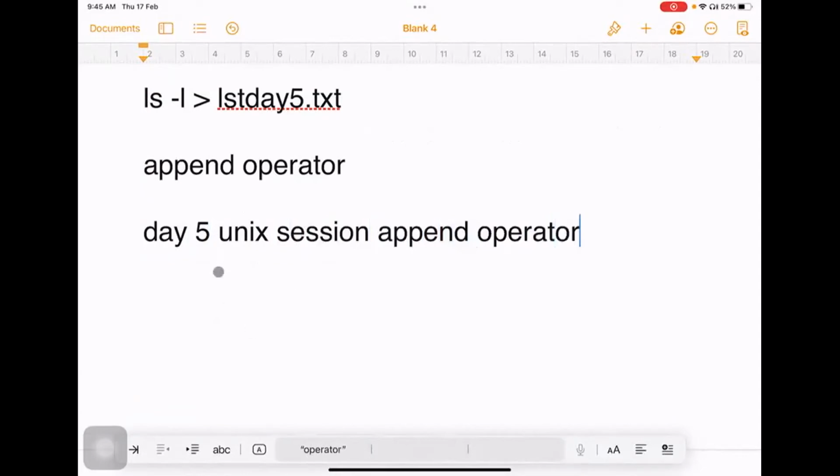I want to append this line in this file. So append operator, for that you need to write double less than sign. So whenever you use this,